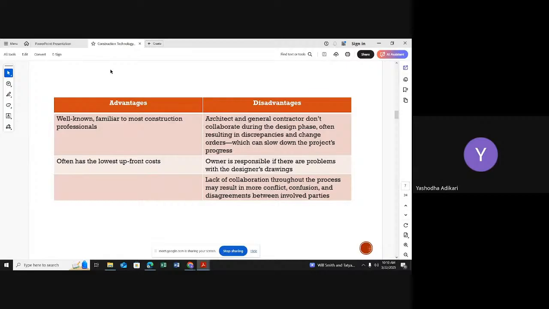Now you know about the two procurement methods. Imagine my scenario is telling that I want to complete these construction activities very quickly. That's my requirement. Imagine like this, so I'm going with the first procurement method because it is a little bit quicker than the second one. Likewise, I'm telling some requirement, and based on that, you have to select the most suitable project delivery method. That will be your assignment for this module.